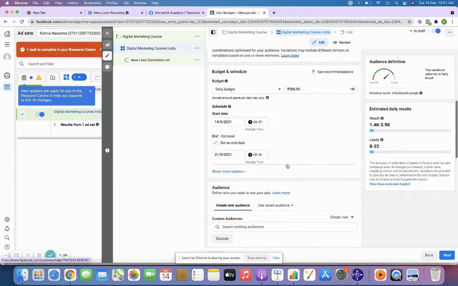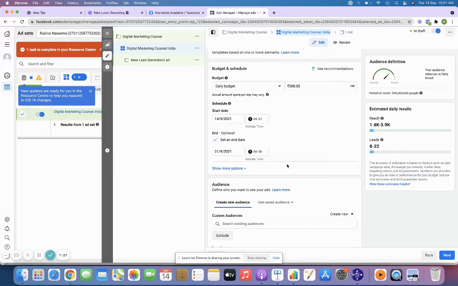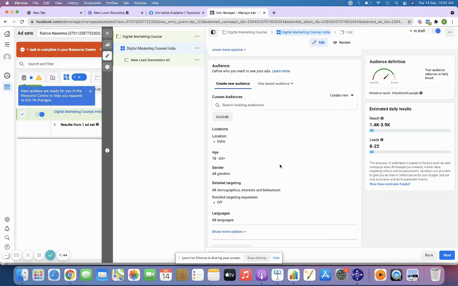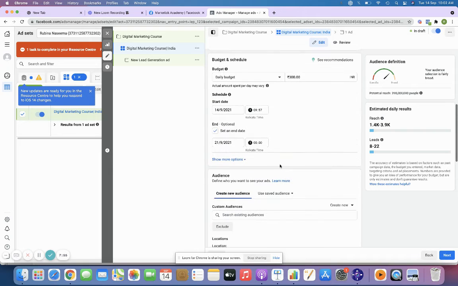So I always suggest you try with a low budget, because when you run a campaign with a high budget immediately, you might lose a lot of money, and you might not exactly know what kind of audience you are running. I mean, you would have definitely set a basic audience in your ad detail targeting, but you might not be very sure that that particular audience is really converting for you or not, right? So it is always advisable to start the campaign with a low budget, not a very low budget. 300 is quite a good amount, right?